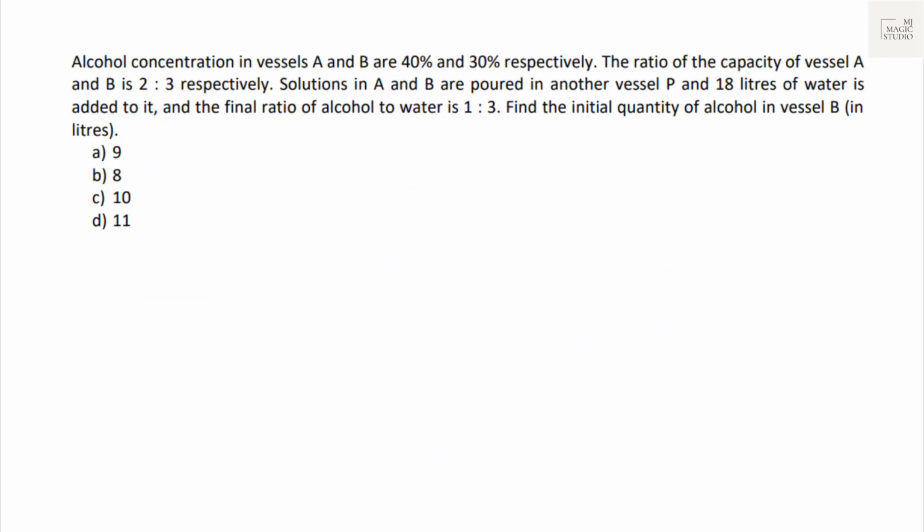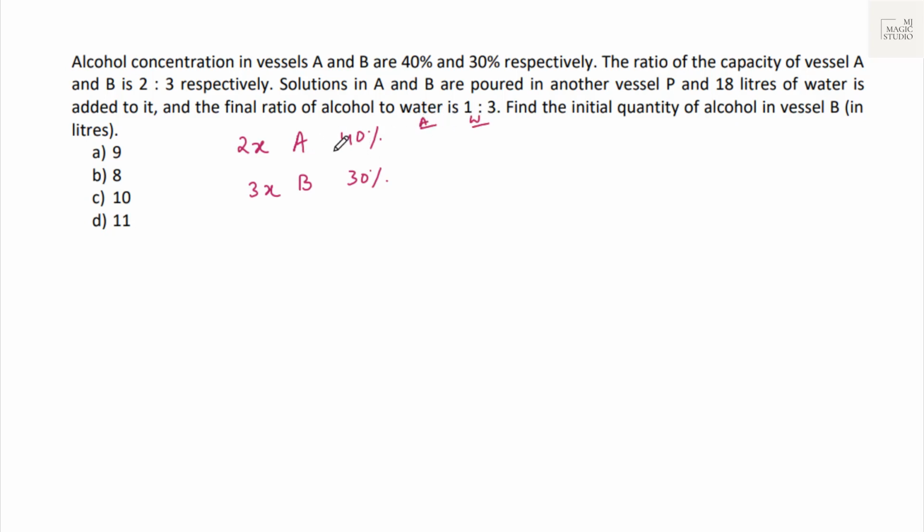Try this one, you know the drill. Alcohol concentration in vessel A is 40% and vessel B is 30%. The ratio of capacity of vessel A and B is 2:3 respectively. Suppose volume of vessel A is 2x and volume of vessel B is 3x. Then alcohol in,